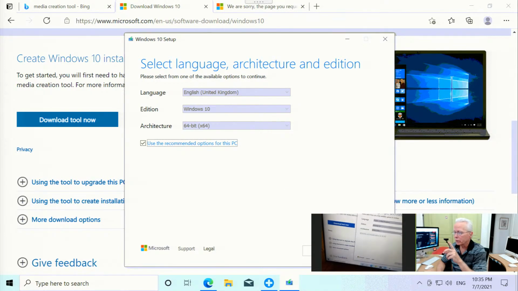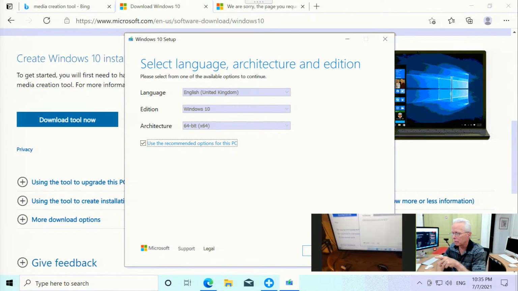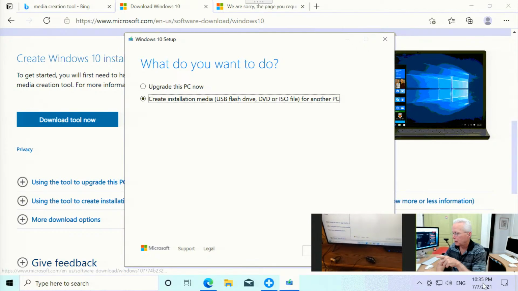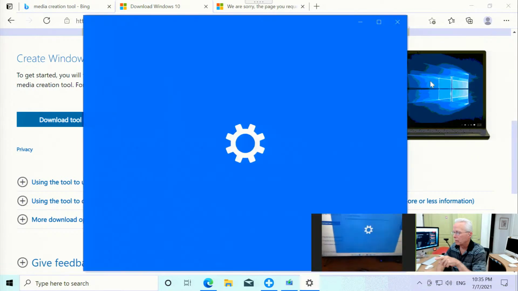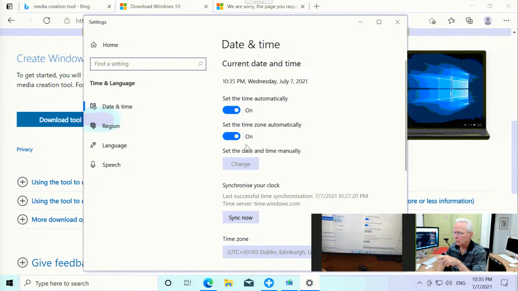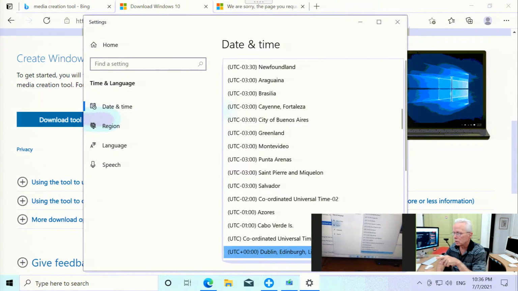Okay, look. Here we go. Here's a good test for that. I'm going to go back, and then I'm going to go fix the time zone and see if we get something different. Think it will without doing a restart? Yeah, I think it might. So time zone automatically, I'm going to change that to no. And I'm going to go change to,